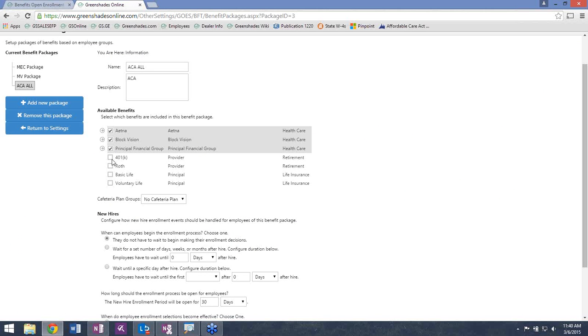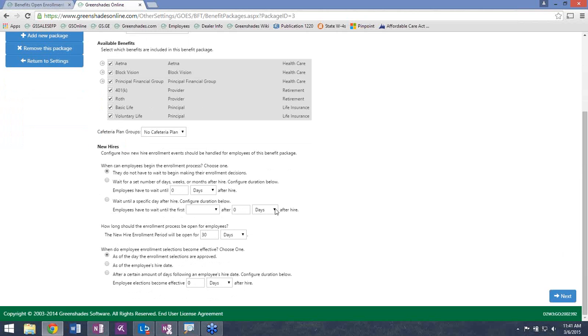So what we're seeing a lot of our clients do at this point is set up a benefit package that may be available just to those employees that are variable hour. So we can look at employment status type inside of GP and put that as a rule, and then put the second rule as ACA full-time status. So if somebody's a variable hour employee and they hit that full-time threshold, they'd be eligible for a limited benefit package, which would just include that minimum essential coverage, minimum value plan offering. Maybe you don't want to offer them 401k and voluntary life, so we can just exclude those from a benefit